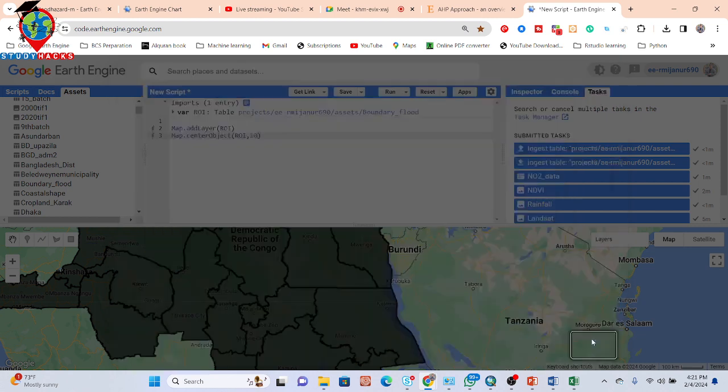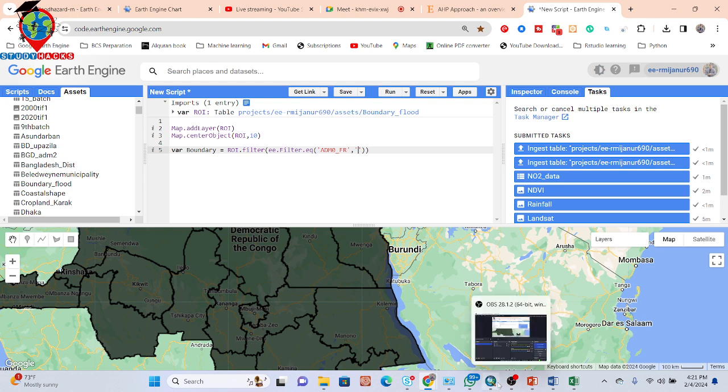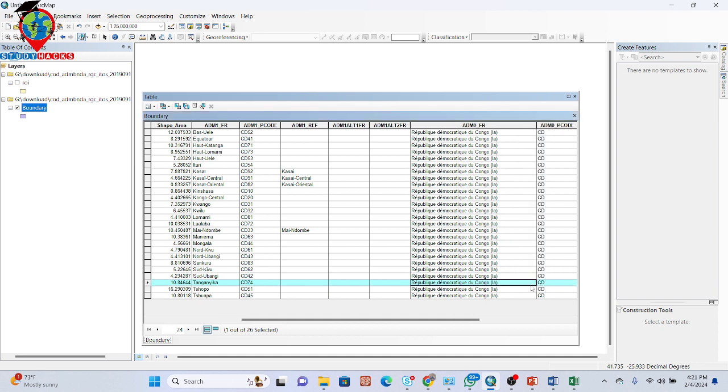So simply copy this name, and then just take a variable. Suppose your boundary, you can put any name. I put the boundary and call this ROI. This ROI, simply filter. So use the filter function, then put ee.Filter.eq. EQ means equal. What's equal? Simply put your column name and then put your city name. Here you can see this is the name of the cities. So for that you can simply copy this name,